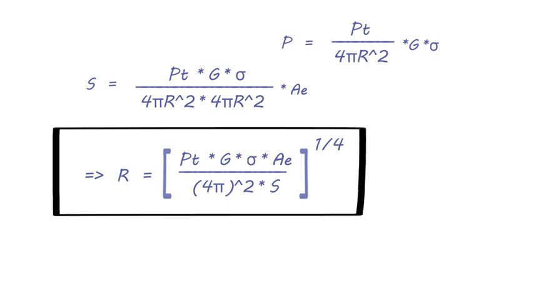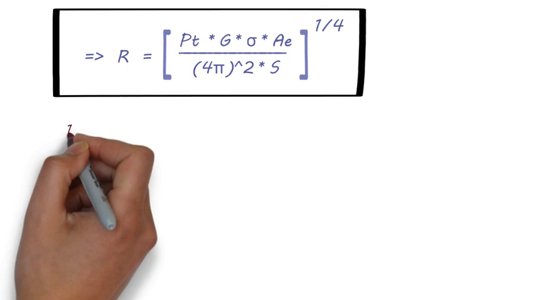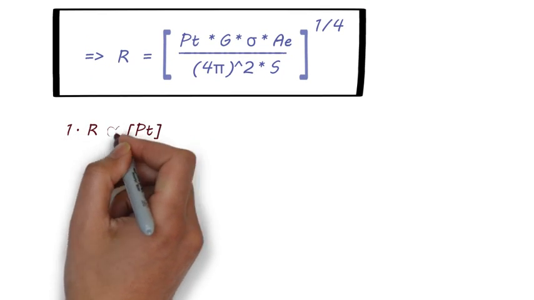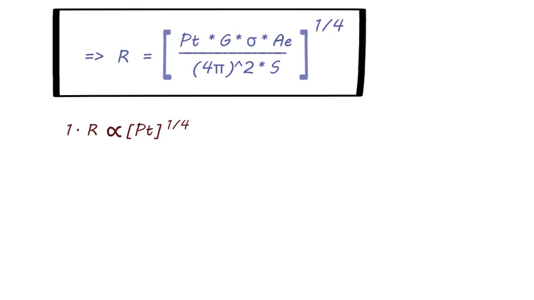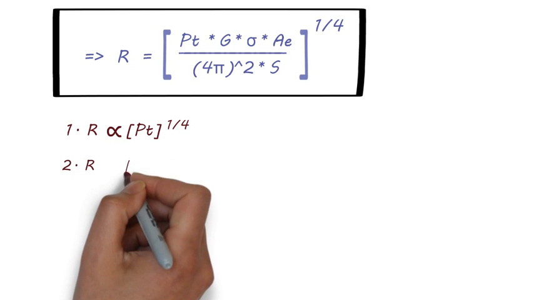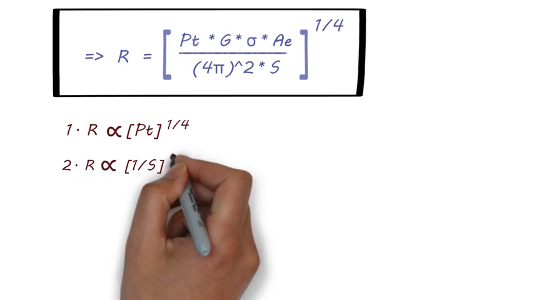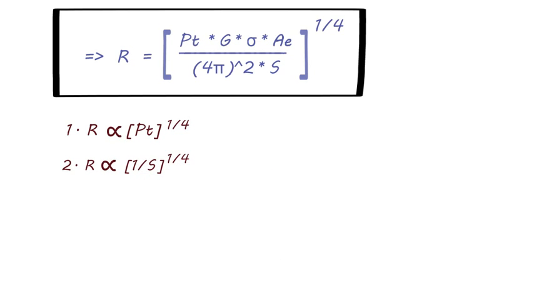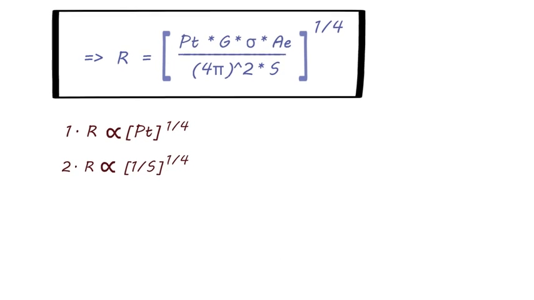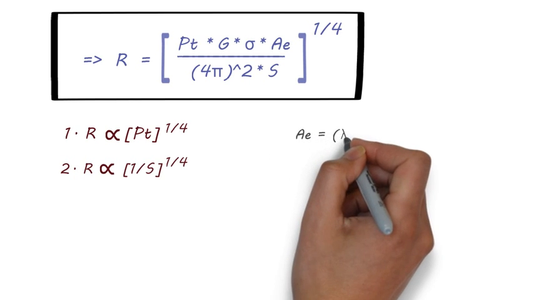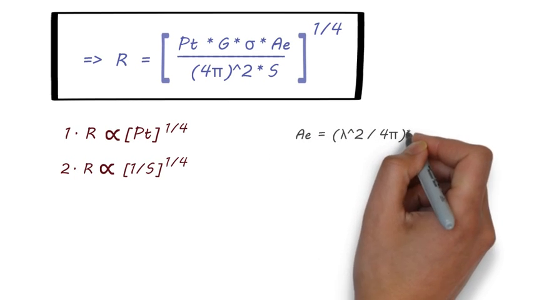Now let's see the factors affecting the radar range. The first one is radar range is directly proportional to Pt to the power 1 by 4. From the above equation we can also derive that R is directly proportional to 1 by S to the power 1 by 4. Now since we know the effective aperture equal to lambda square by 4 pi into G,